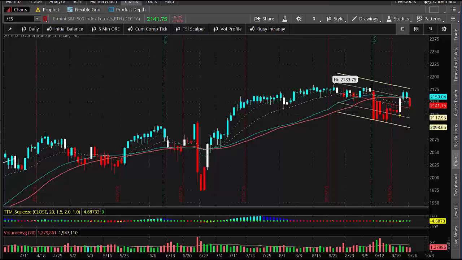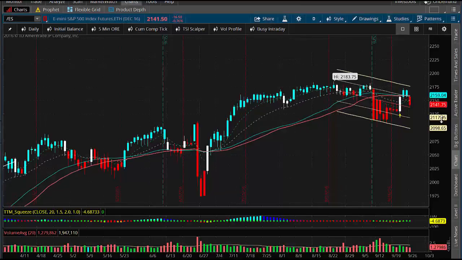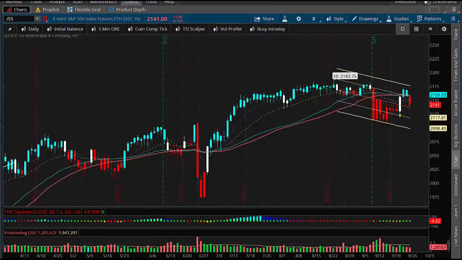Looking at this is the daily chart of the S&Ps in front of you here. Just kind of want to point out a thing or two, and also make sure you're aware we have a lot of news and speakers and things going on this week. So I'd urge you to look into that a little bit.